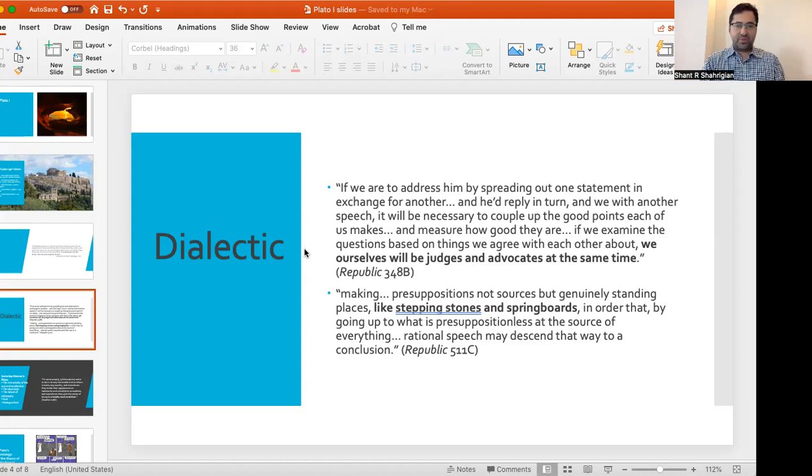So presupposition we could think of as a temporary assumption. An example of how this passage may play out in practice would be if Socrates and other people he's having a conversation with want to answer a given question. We're going to see next class that a key guiding question for Plato's most famous dialogue, the Republic, is